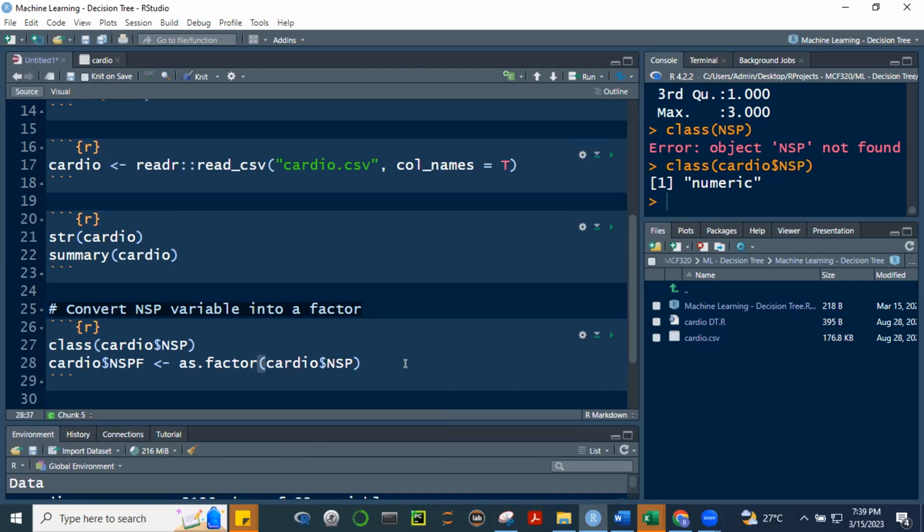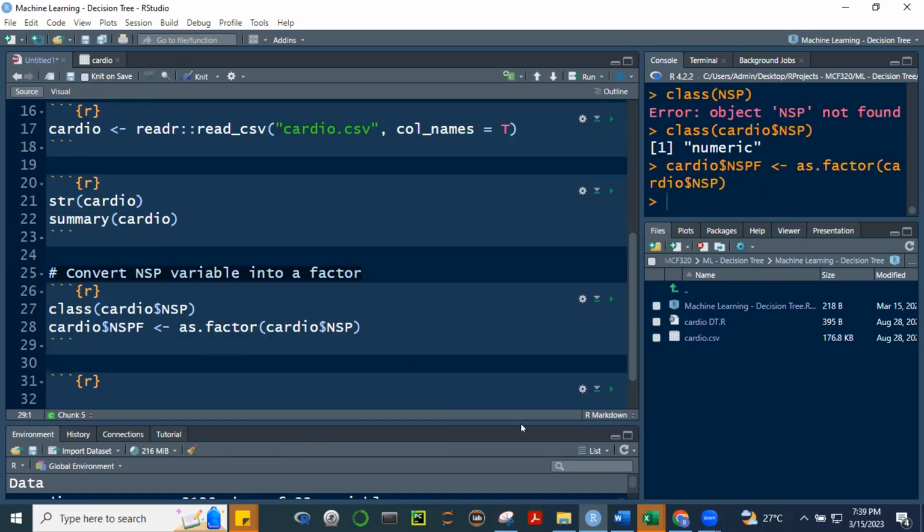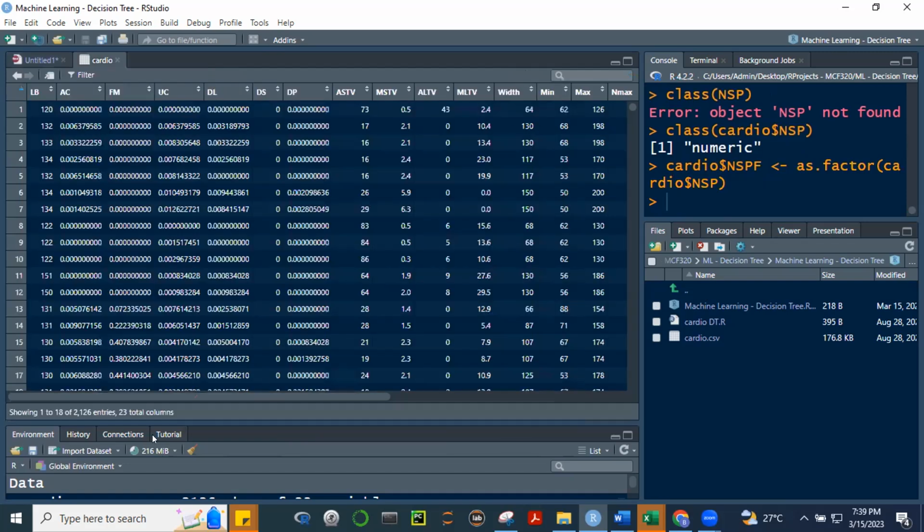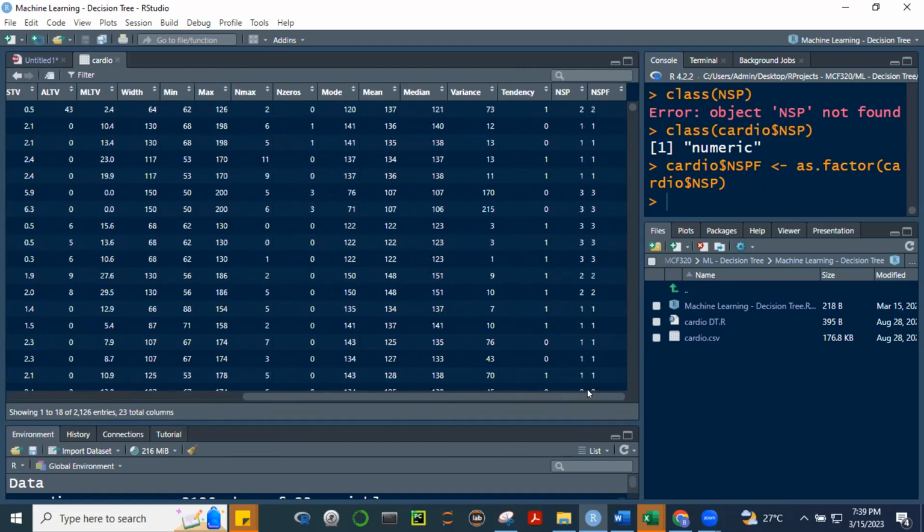All right, so let's run this. Okay, you can now see that if you ulit natin si cardio, if I click this, kanina 22 entries lang to, no? 22 total columns. Kaya naging 23 na. Take a look at this. Yan. Because when you go to the right, okay, meron na tayong panibagong variable. Yan, NSPF. So this is the new variable that we created.